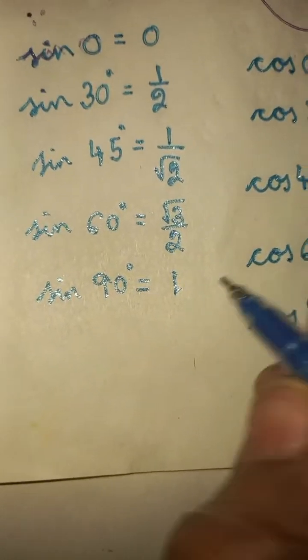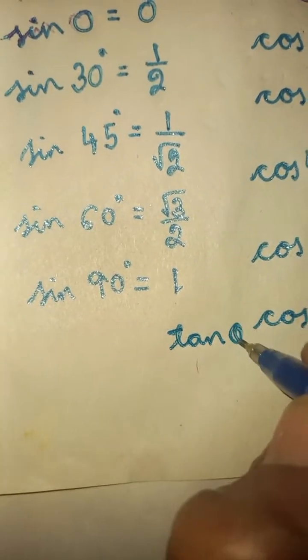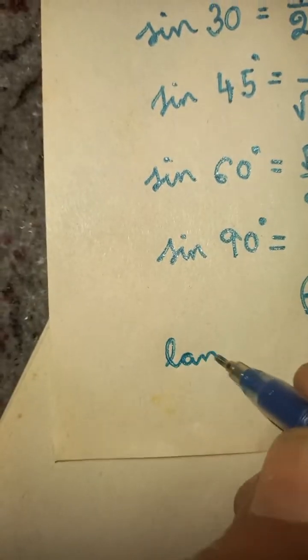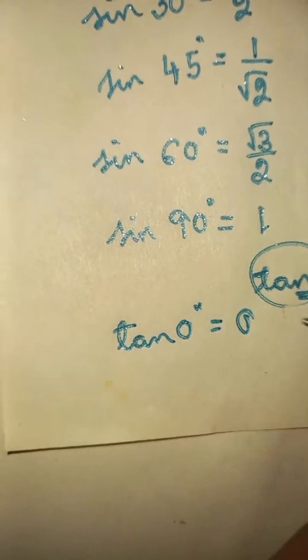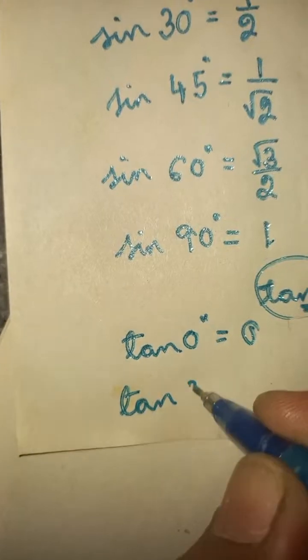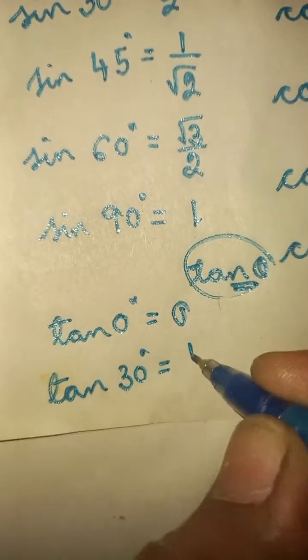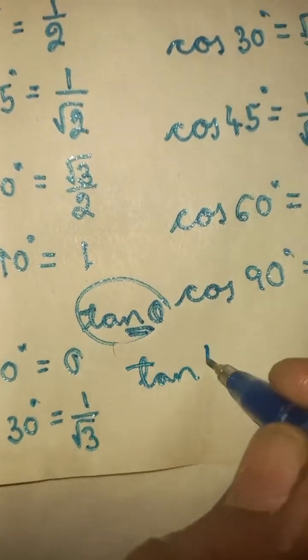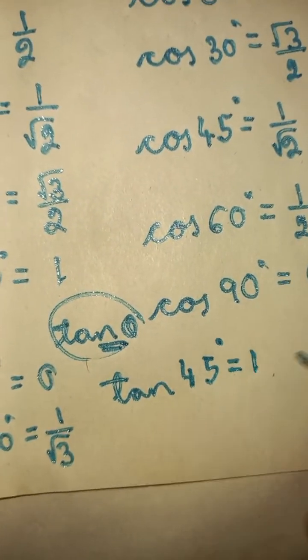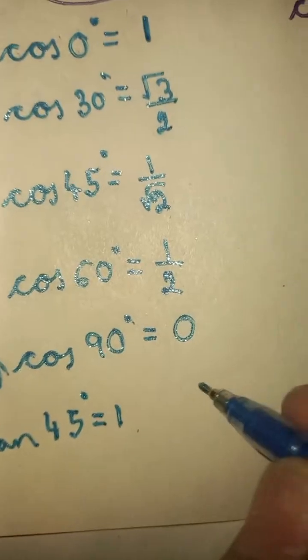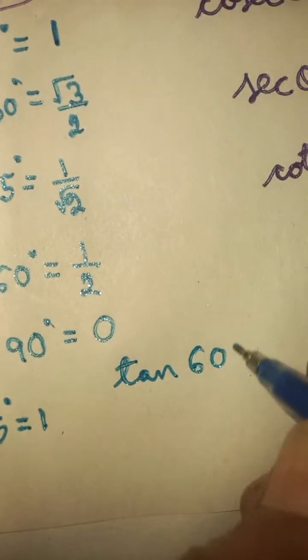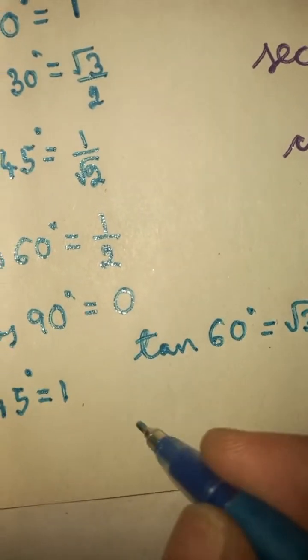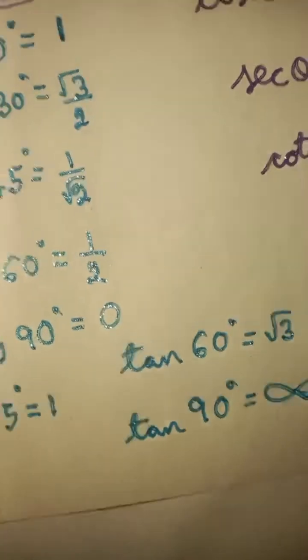At last, take the ratios of tan of angle. Tan theta angle you can take as here. Tan of 0 degree remains 0, and tan of 30 degree becomes equal to 1 by root 3. Tan of 45 degree will be equal to 1, and tan of 60 degree becomes equal to root 3. Tan of 90 degree equal to